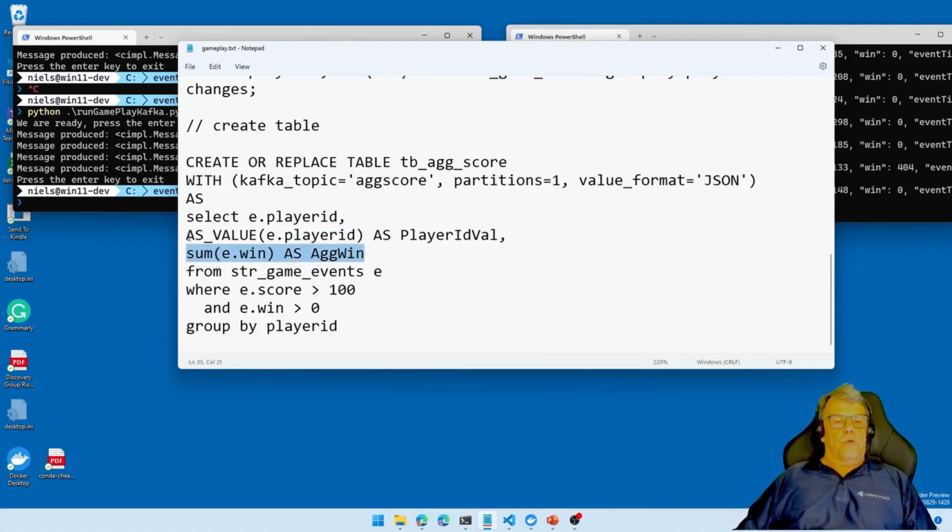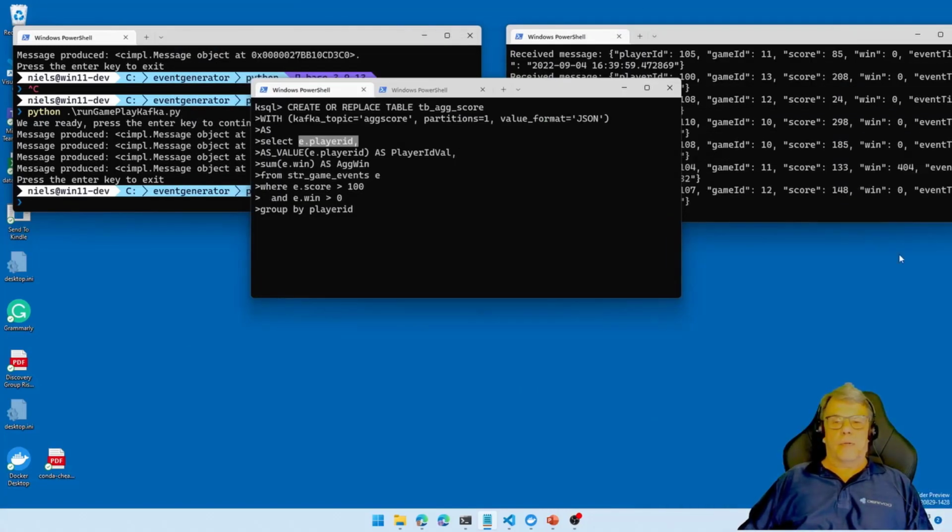So that's why we're doing a little bit of a hackety hack, and we're saying as value, player ID. So we're saying treat this as a value, not as a key, and we give it an alias player ID val.